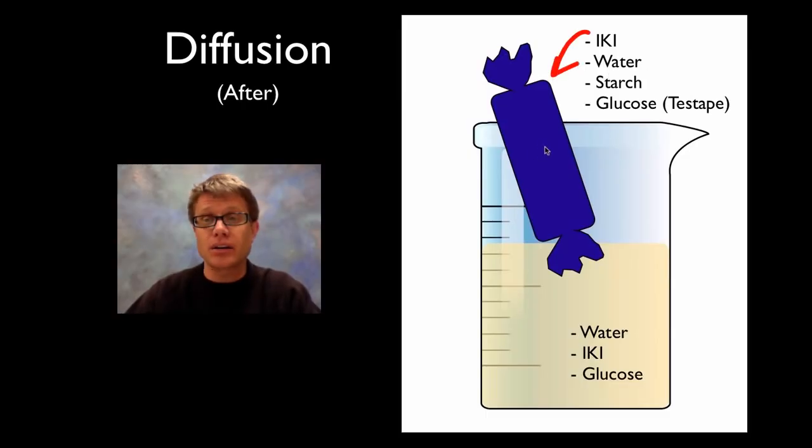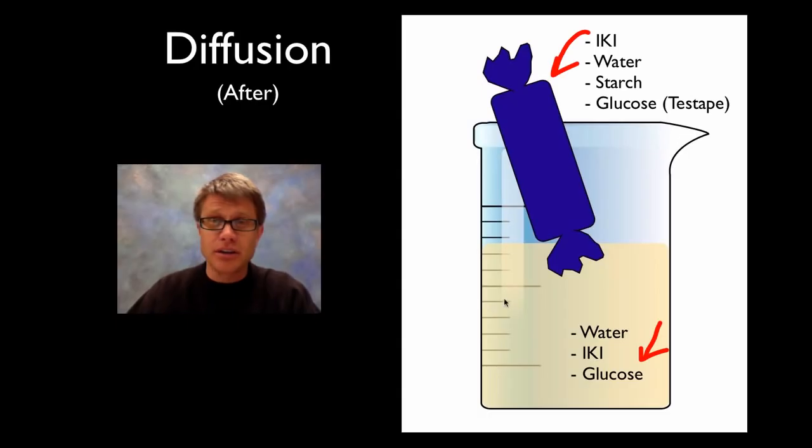And how do we know that? Well, starch and IKI, if they're ever in the same place at the same time, we're going to get this blue color. On the outside, we could test and we'll find that there's the presence of glucose inside here. There's IKI like there was before. There's water, but there's no starch on the outside. How do we know there's no starch? Well, there's no blue color on the outside. And so we could figure out